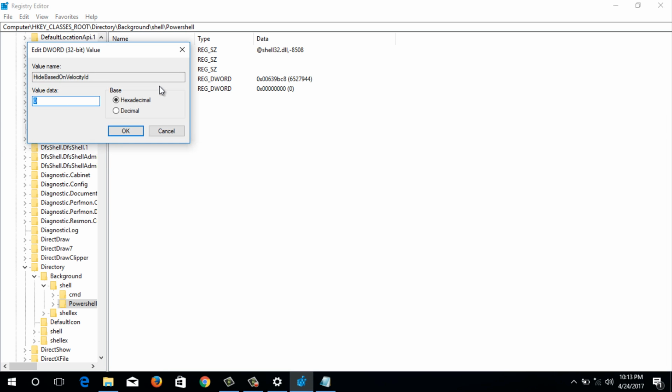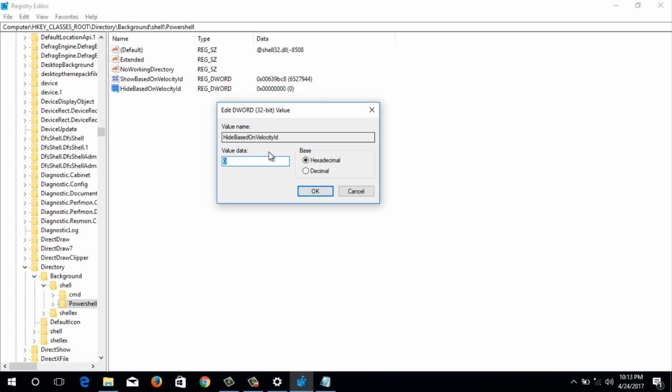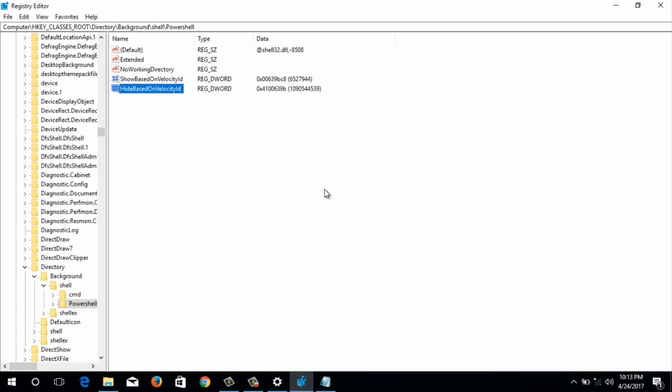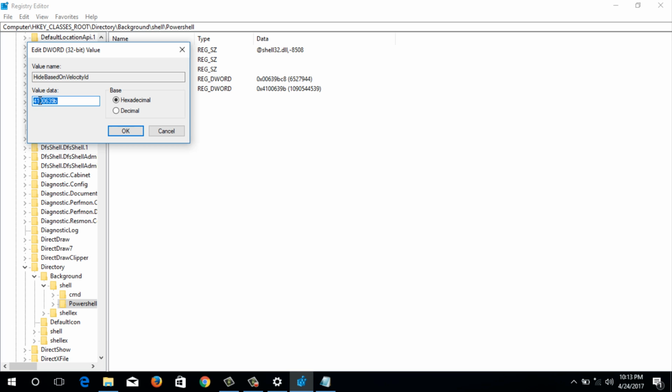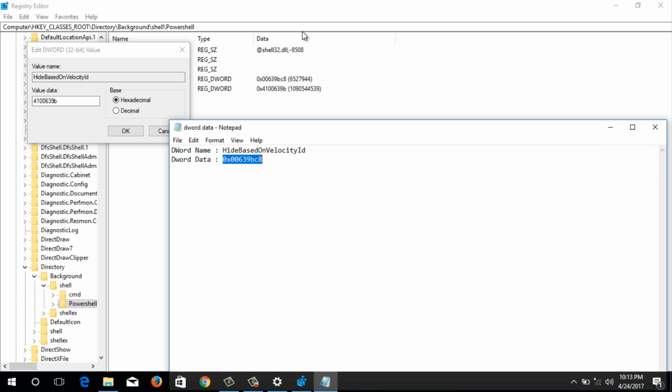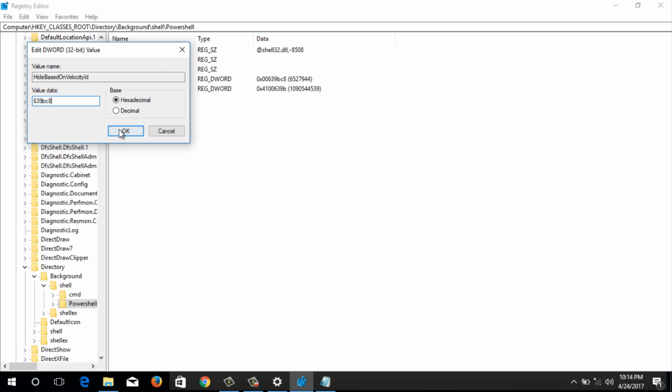To put in the value, you just double click here and paste the value inside it. Sorry, just use 639B68 since it will automatically be converted into hex.